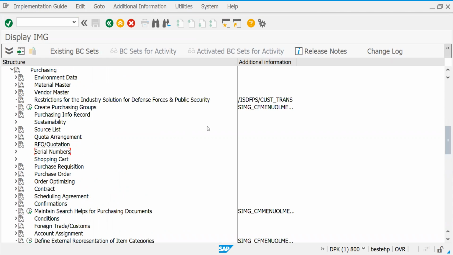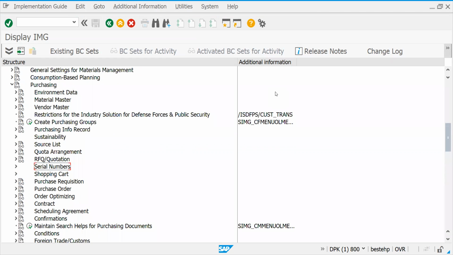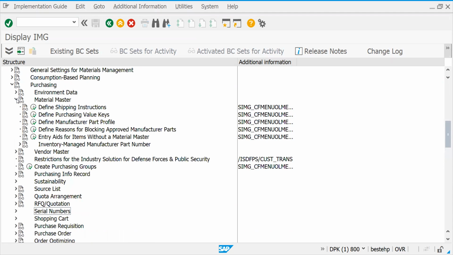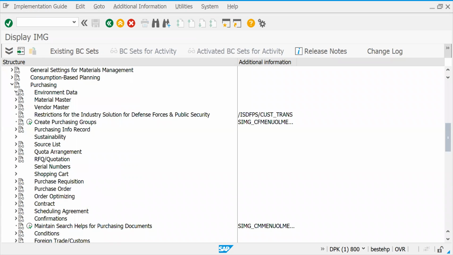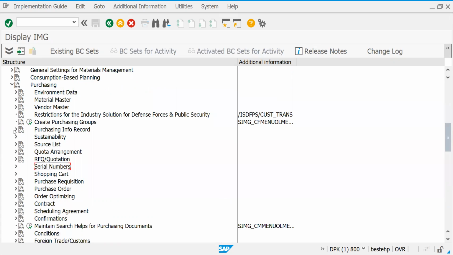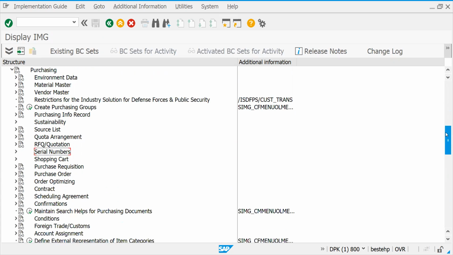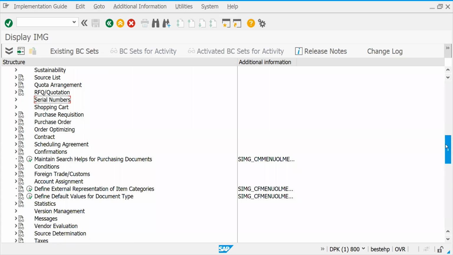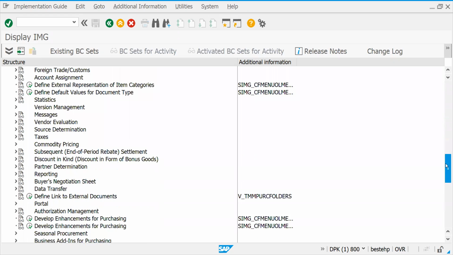Purchase group is not required here. There are some modifications here. Already purchasing came, material master data. Purchasing group is not required here. Okay, fine. We'll go to the next topic. How much is done? Purchasing group is done.